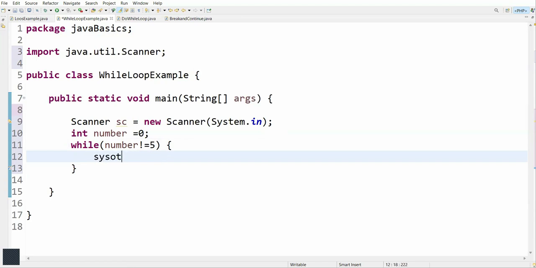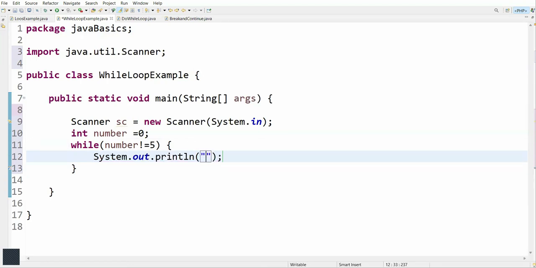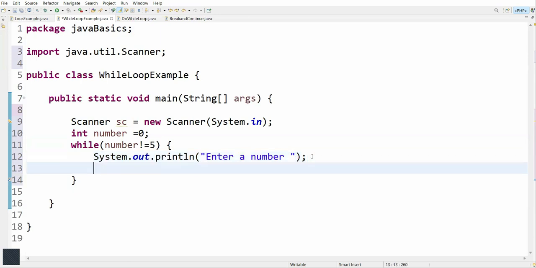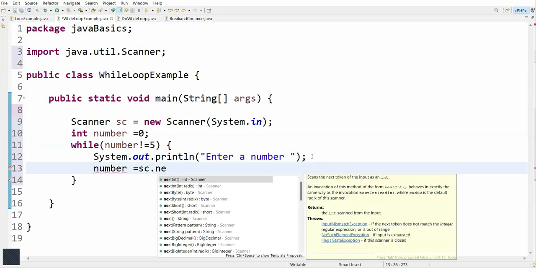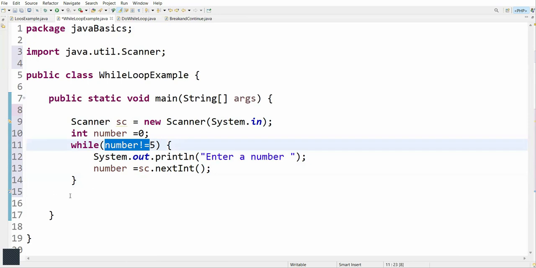So let's print this. We can ask, enter a number. Then number equal to, we are asking se.nextInt. Here se is a variable we have given; you can give any variable name. Until the condition becomes false, it is going to execute, enter a number. If the condition is false, meaning number equals 5, then